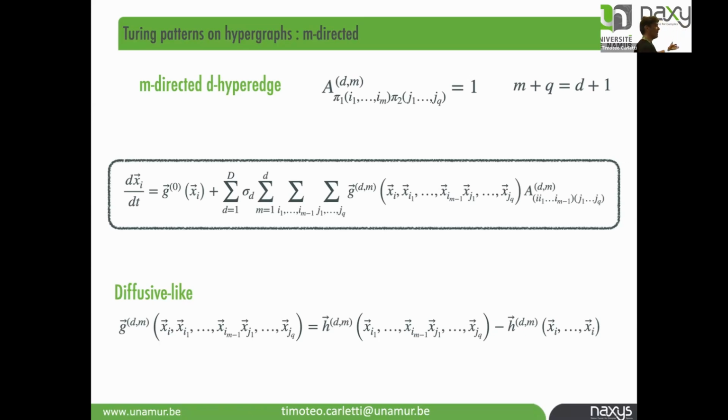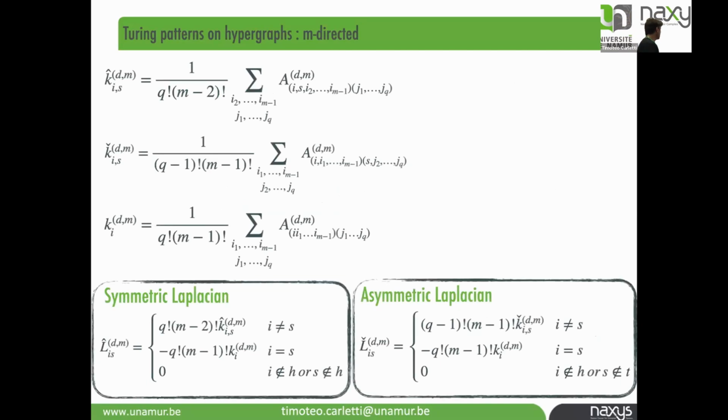Okay, so in this form it is too general, because this is a function G that depends on too many variables. So one thing that has often been done is to assume that G has a diffusive-like shape. This means that once you evaluate this on the homogeneous solution, this function vanishes, because it's two times the same function evaluated in the same point with a minus. And so this is a very simple assumption that helps you to say that the solution on each node is also the solution on the whole system. Of course, you can assume that this function G vanishes when all the components are the same. This is a non-invasive assumption, but at the end, it's the same result.